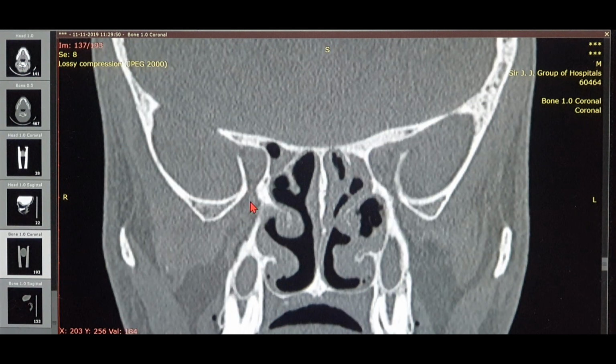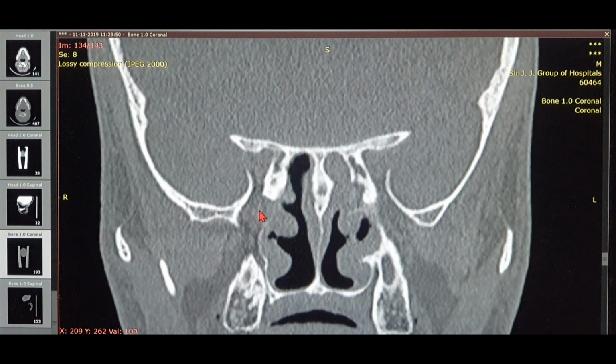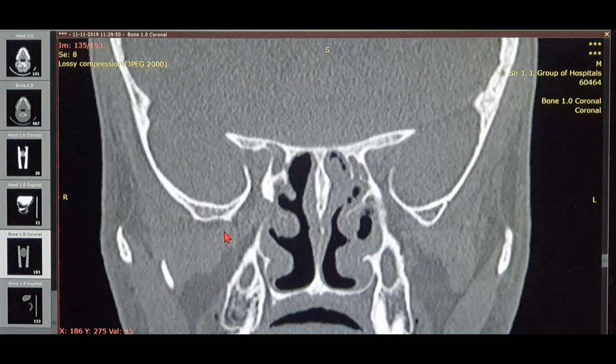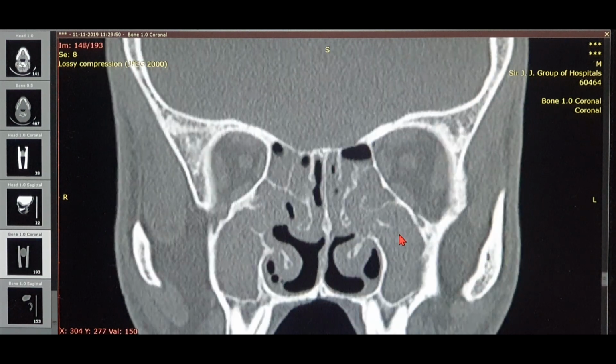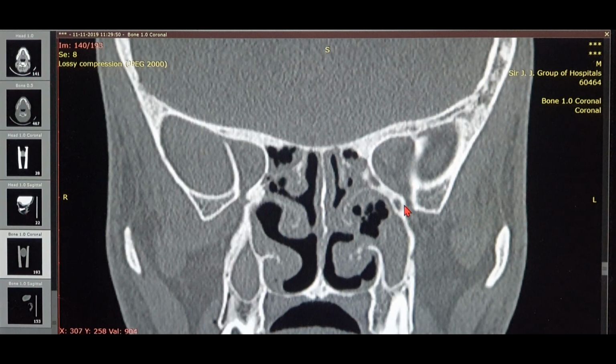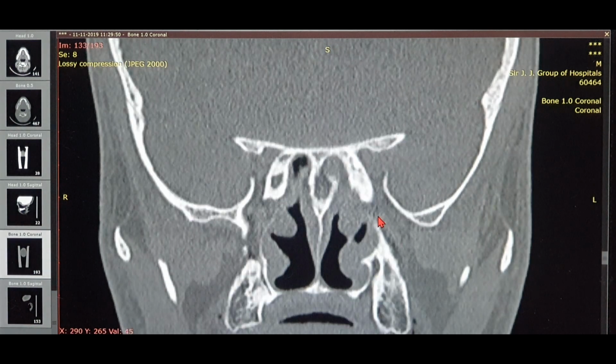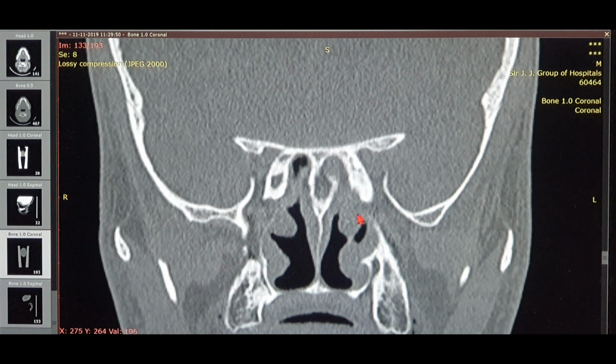So at a particular point, if you start going posteriorly along the inferior orbital fissure, you will start seeing a gap in the bone over here. Look very carefully. You can see a gap in the bone over here. There it is. So I'll show you on this side as well. Just keep on following the maxilla, the posterior wall of the maxilla, and the perpendicular plate of the palatine. This is the inferior orbital fissure. Just pay close attention to the bony gap over there. There it is. See, there's a bony clear cut, there's a bony gap over there, and that bony gap is